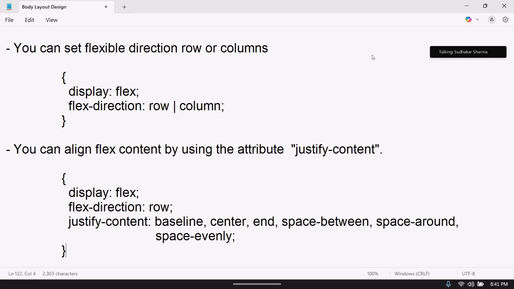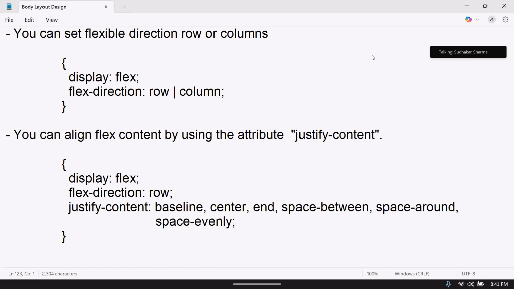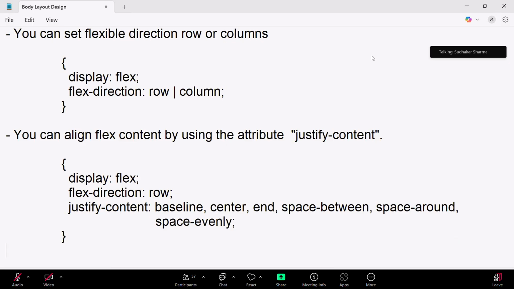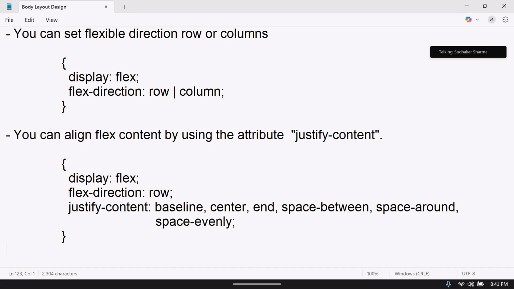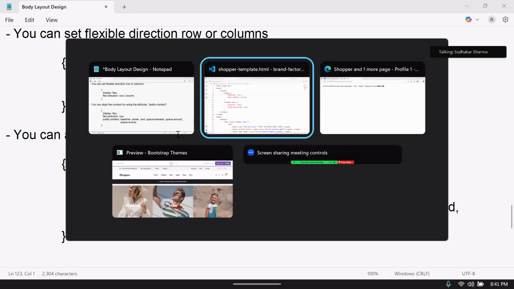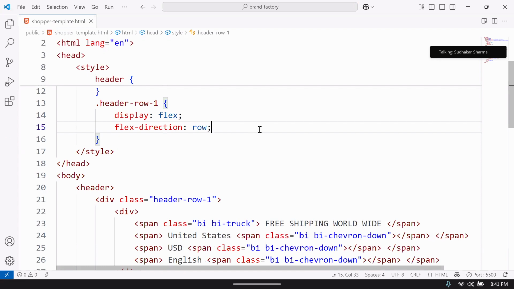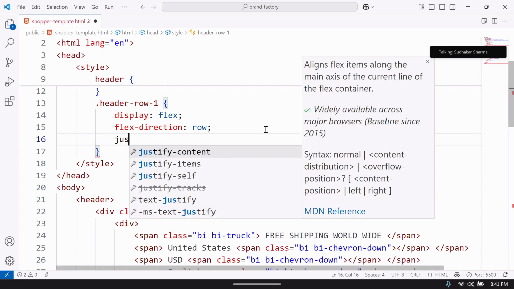That means you can define any of this. Baseline means left side, center means center, end means right. Space between, space around, space evenly, you can justify. That means what you do now, flex direction is row, justify content,